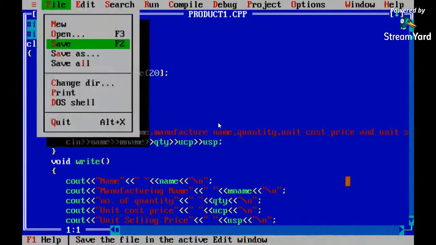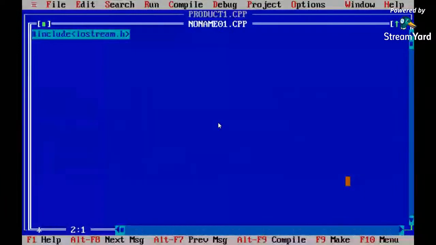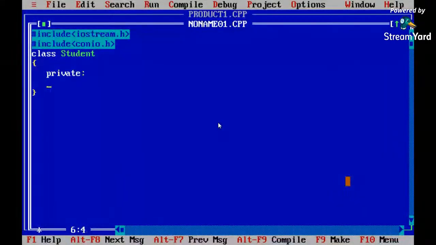So for the same, first we include two files. Hash include iostream.h and hash include conio.h. Okay. Now class student, and the private part, there are three parameters. So one is the name, so char